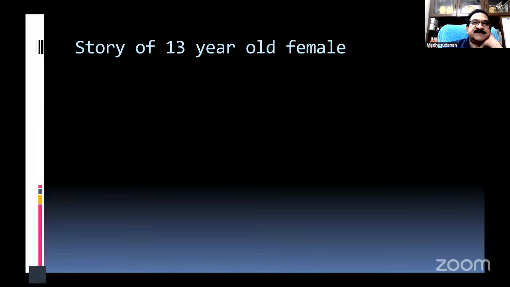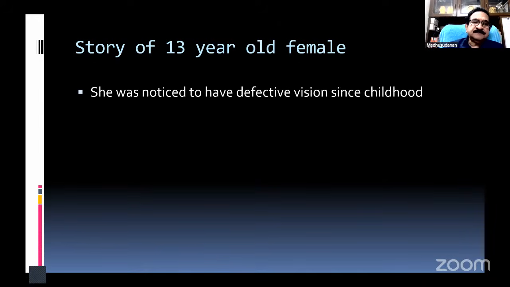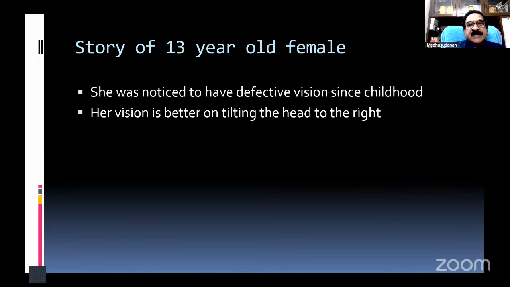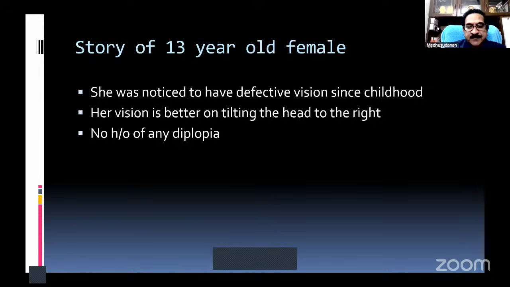Okay, right, we'll start. This is the story of a 13-year-old female. She was noticed to have defective vision since childhood. Her vision is better on tilting the head to the right side, as told by her mother. No history of any diplopia. In short, defective vision since childhood, better on tilting the head to